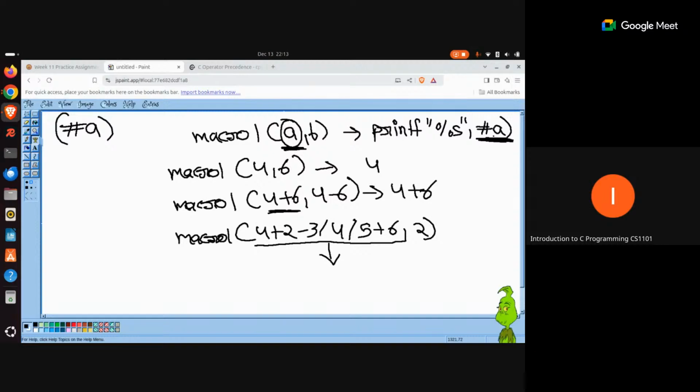Right? This is kind of serving as a token here, but don't confuse it with the double hash. Double hash actually has a different meaning. It is used for concatenation of two different tokens. Right? Concatenation of two different tokens. When does it actually come into the picture is, let's say,